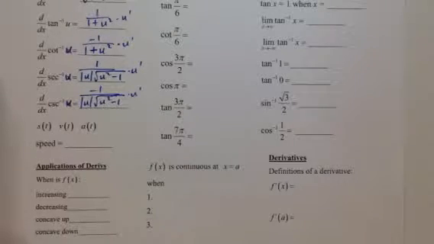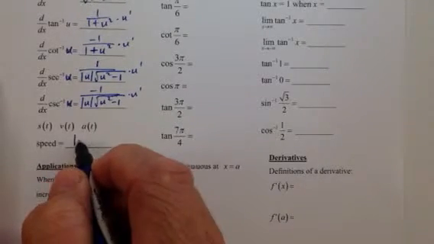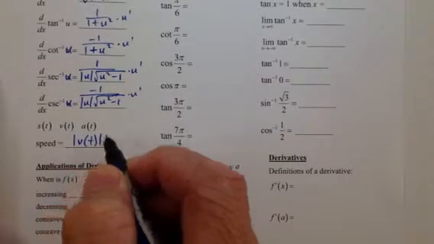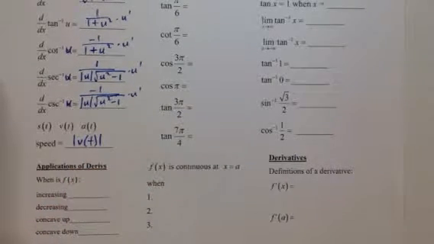Okay, well, the speed is the absolute value of the velocity. Okay, so we should remember that. Speed's always positive. And I'm going to stop the tape there just to make sure everything's going to